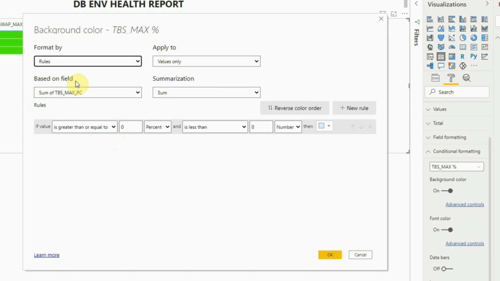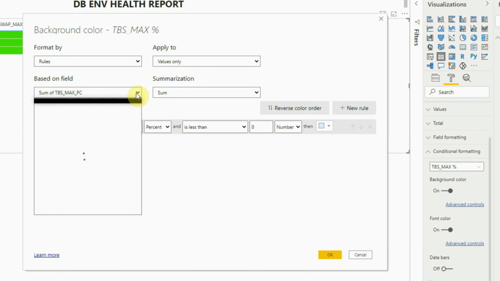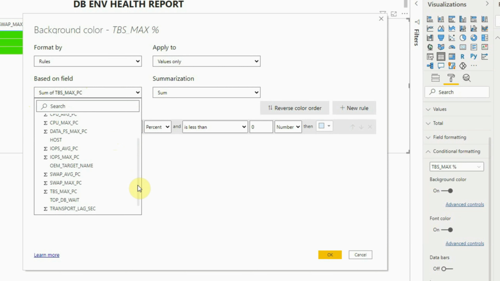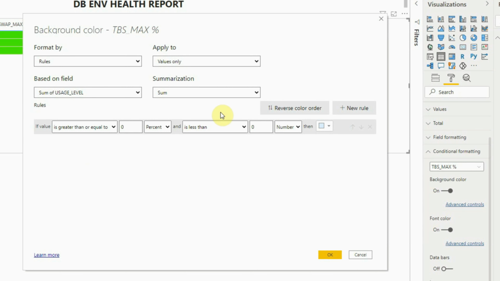Here, under based on field, we have to select our usage level column. And whatever summarization this sum is doing, it is not going to make any difference for us, so let it be there. And if the value is greater than or equal to 0,